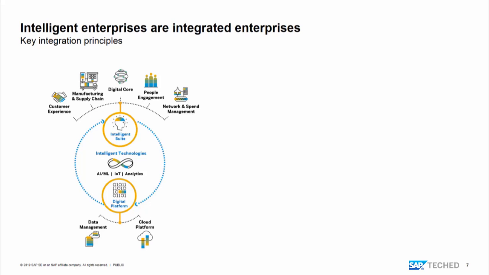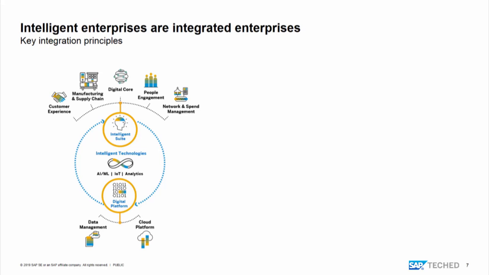So the first one that you can see here on top, it's the intelligent suite. So this is the combination of our products like S/4HANA, like Ariba, like Fieldglass, SuccessFactors, C/4HANA. With this combination, we form an intelligent suite. So this is the key foundation here. Then we have the intelligent technologies with Leonardo, with IoT, with analytics that provide also a key foundation for the intelligent suite. And we have the digital platform, or as you have also seen this today in the keynote, the